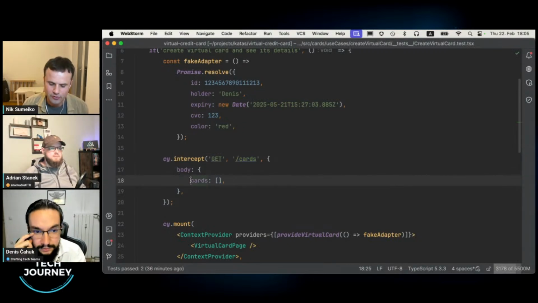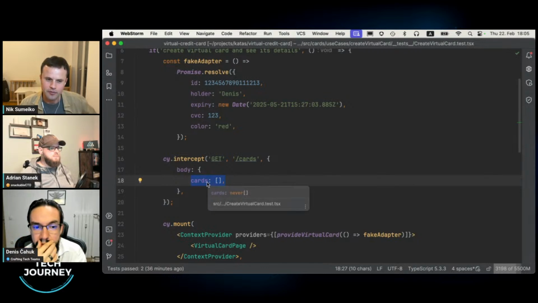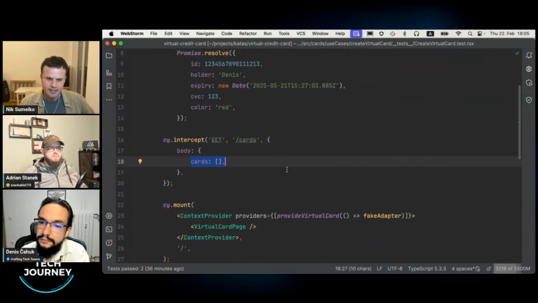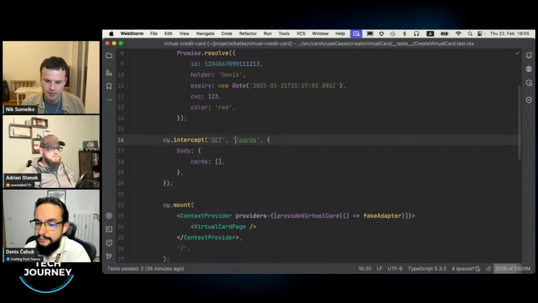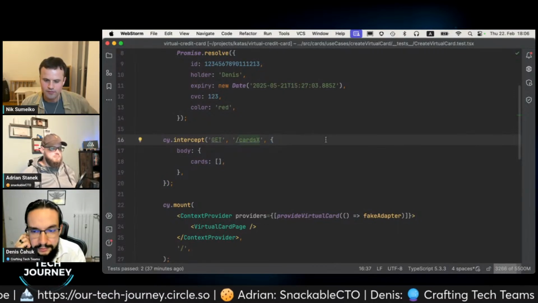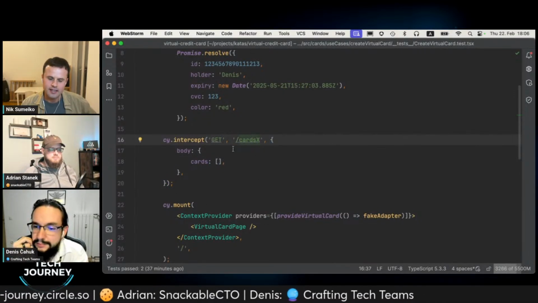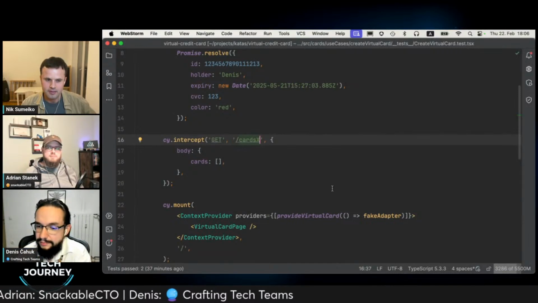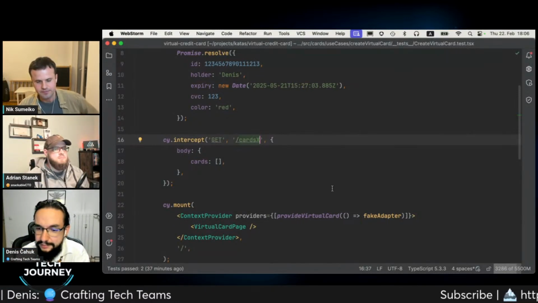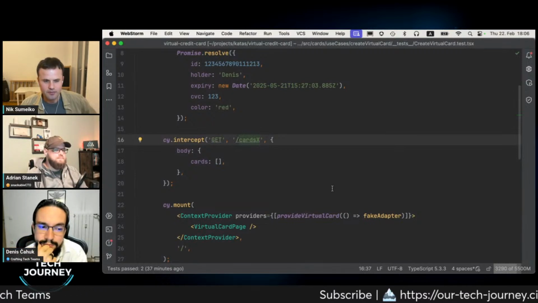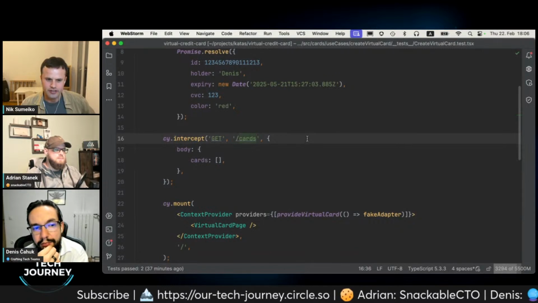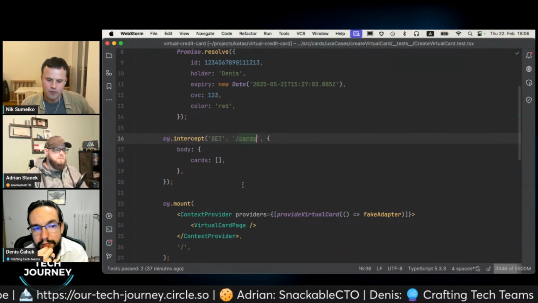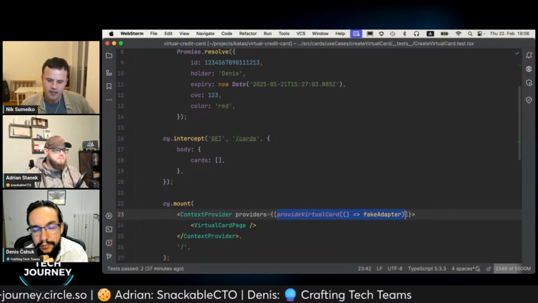So we won't go to the real API, but rather this tab will replace the real API. This tightly couples the test with the implementation detail, because the call to the API is implementation detail. If your production code changes the endpoint, for example, to this one, then the test will fail, even though the behavior didn't, okay? But I think it would be over-engineering if we would not mock but dependency invert all the